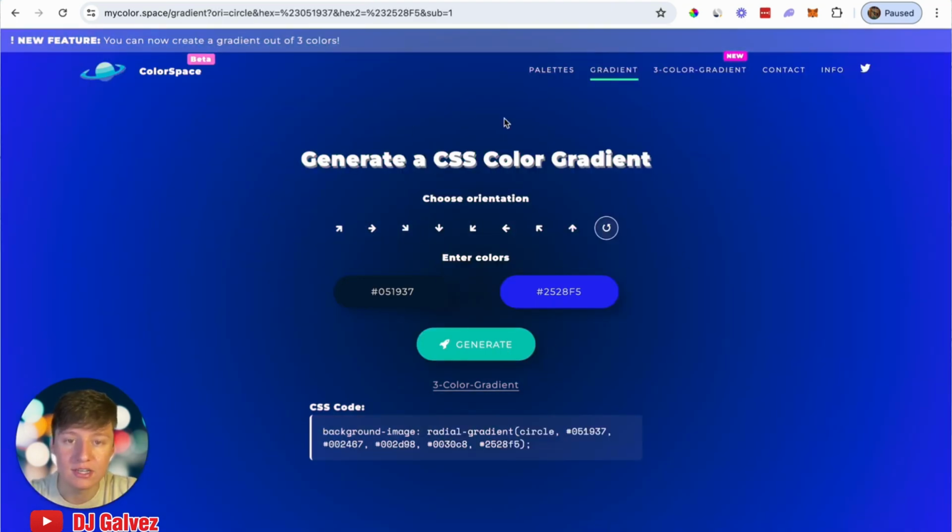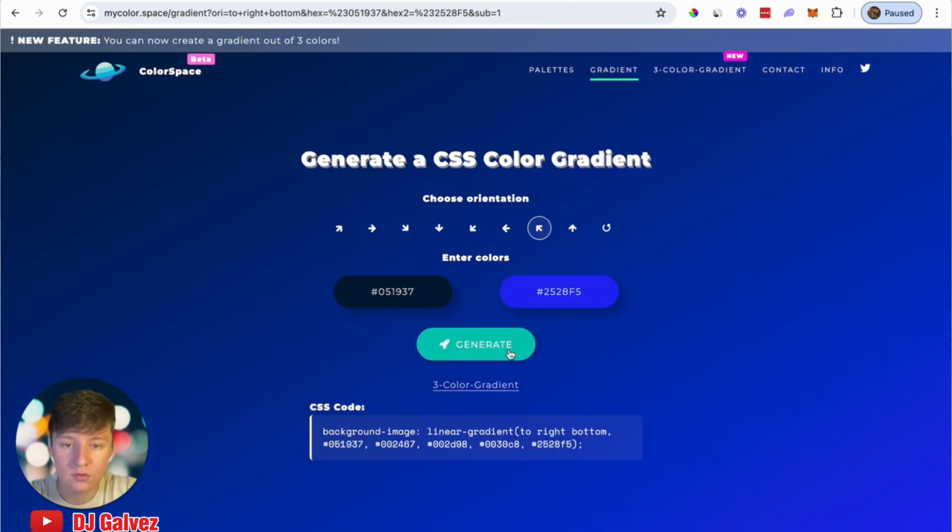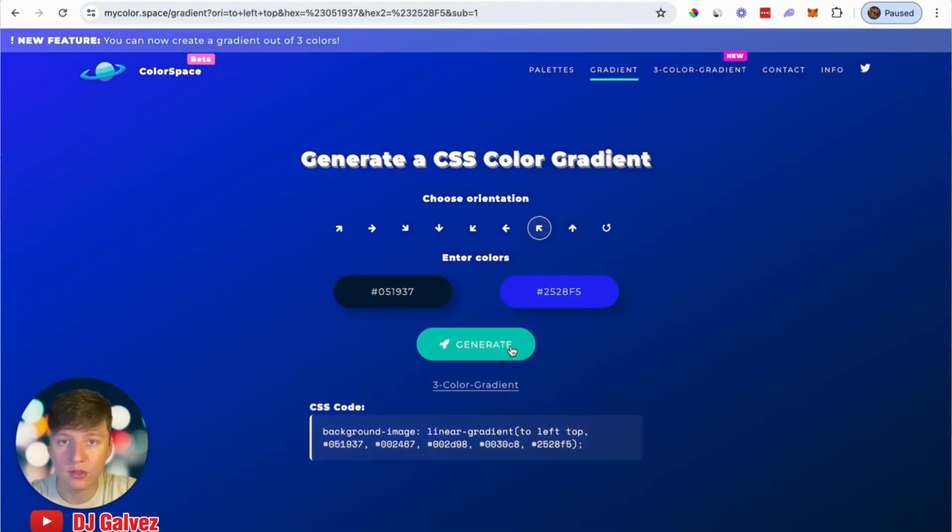And just like that, it's going to give us the color, and we can play around with this until we get a color that we like. So let's just go ahead and try this one. Click on generate. And now once you have a color that you like, you just want to go back inside of Go High Level,